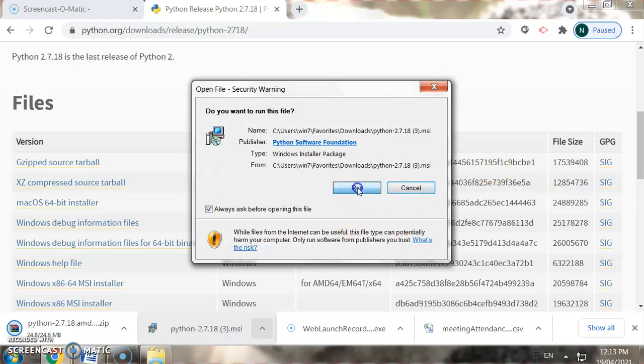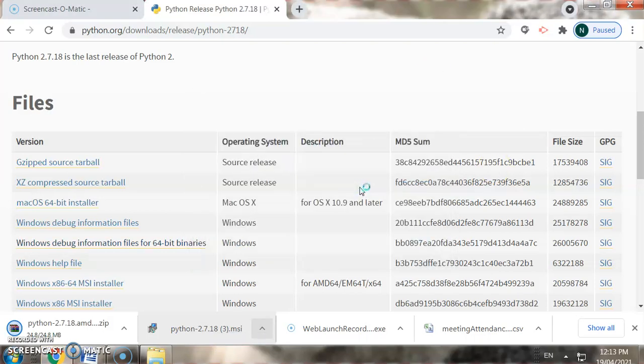So click on Run. So the setup of Python is going to be launched.